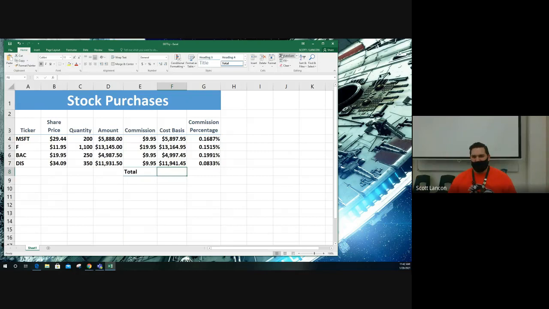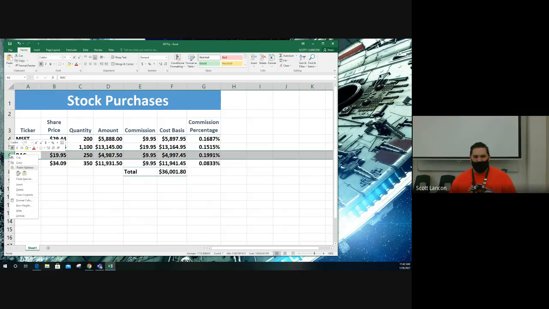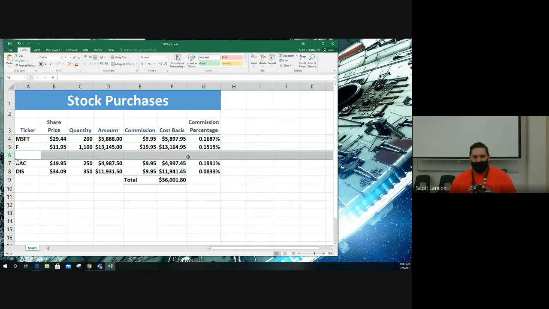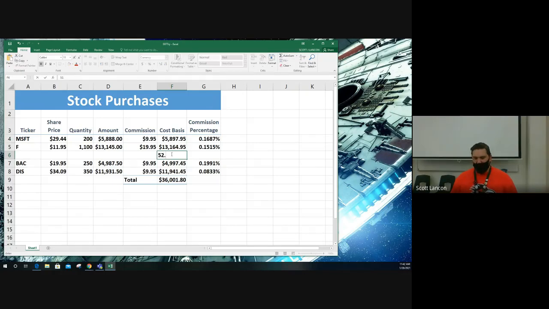A quick way to do that, see this funky looking E character right here? That is actually called a sigma. Okay, it is a Greek capital letter S, if you can believe it. But in mathematical terms, it basically means add stuff up. So click on it, and then you get some F4 to F7. Now, that's a great way to do things. If you ever go and buy more stocks and you insert a new line of stocks and you go ahead and put information into there,